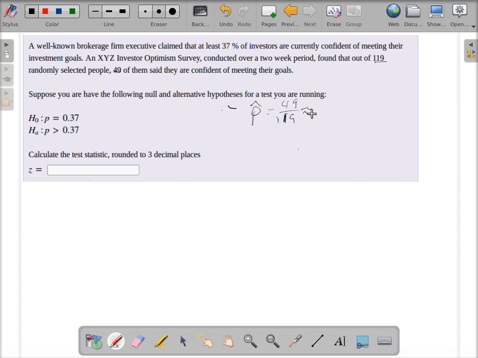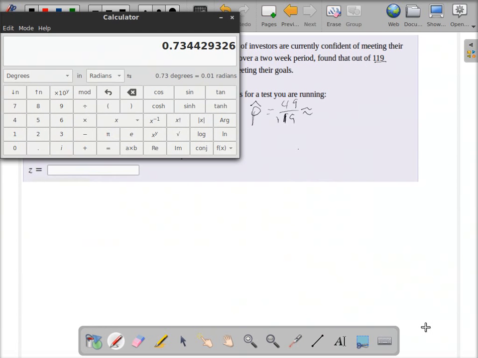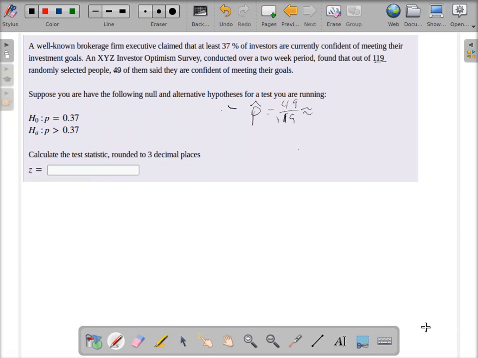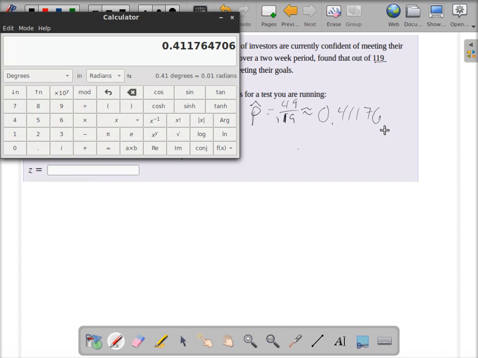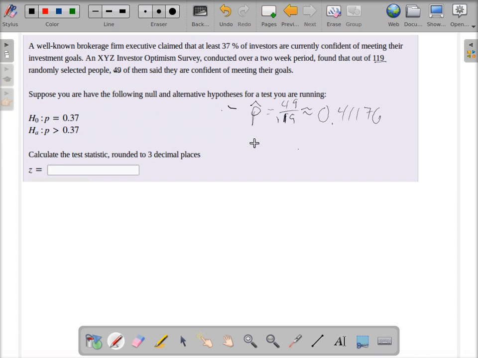We'll use about 5 decimal places just to minimize any rounding errors. So that would be 49 divided by 119, which is 0.41176. Now our p, of course, is given to us in our null hypothesis, but if it wasn't, then we'd